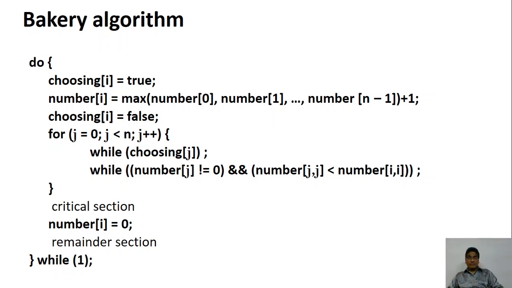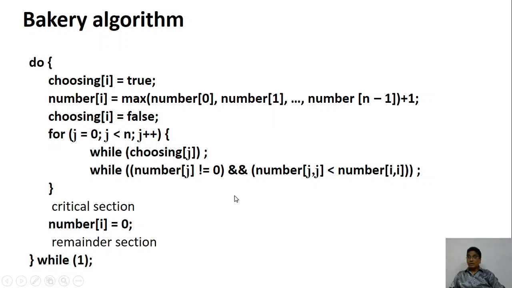You want to get the bread, you come out of the bakery and you ask the person who is standing there, hey, what is your token number? He will say, who is interested in bread? I came for a puff. So that process is not interested in the bread. Those who were interested in the bread, they were fighting. The person was interested in the puff. So he said, I am not interested in the bread. You take bread, eat or die. That is your problem. I am not going to come with you. So I am not there in the race, in other words. So if you find that somebody has a number 0, forget them.